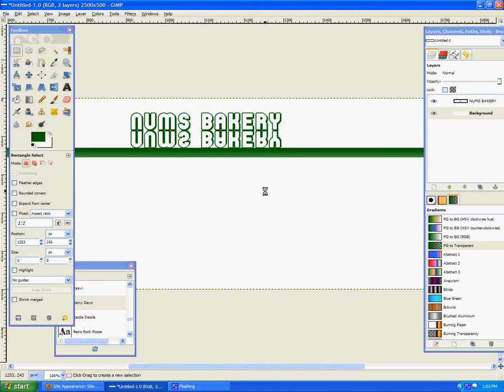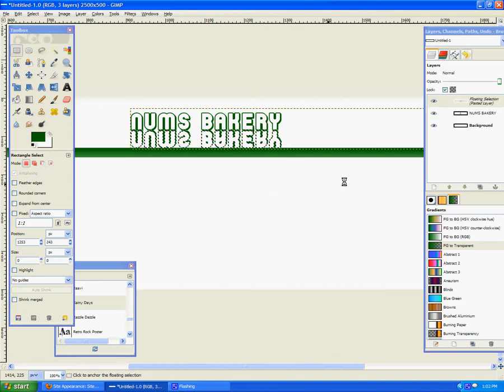And I'm gonna just click off. Wait, I totally needed to not do that. Undo. I'm gonna make that a new layer. So I click that to make it a new layer. I think it did that thing where it